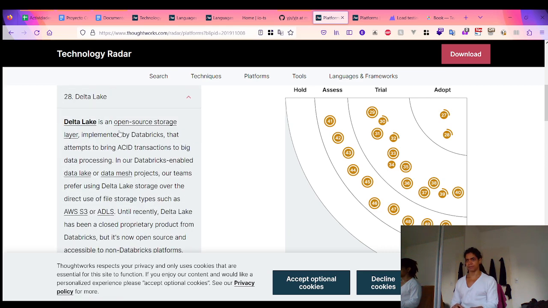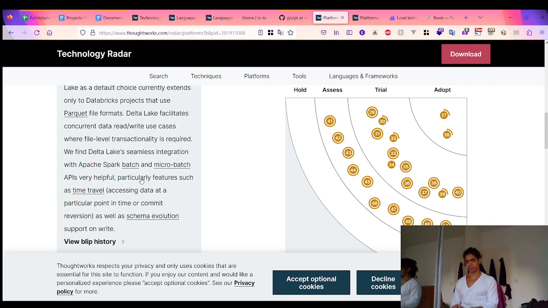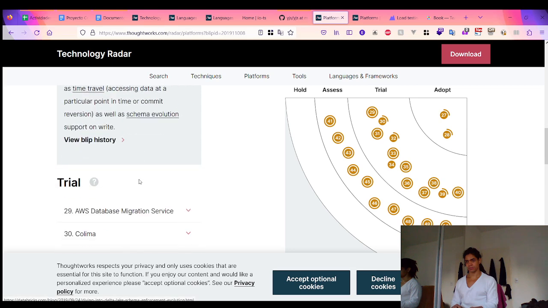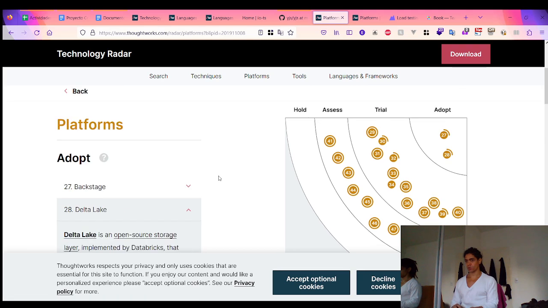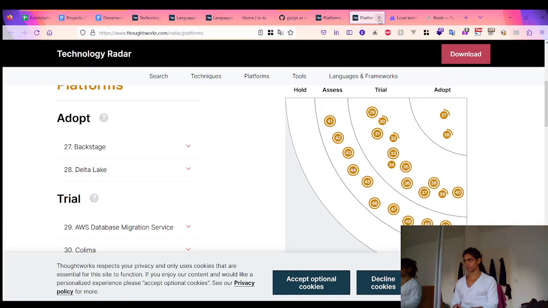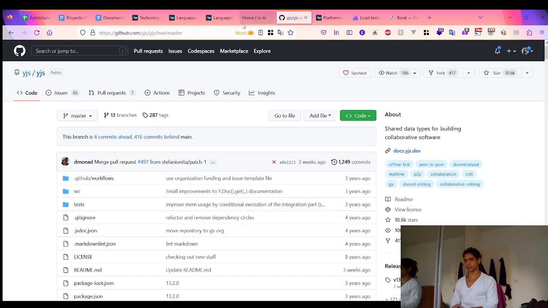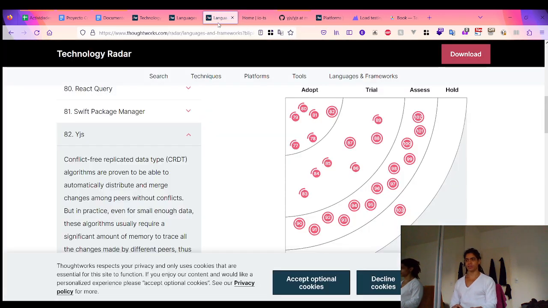And Delta Lake. A seamless transition to big data processing. Okay, okay. Making this research, by the way,